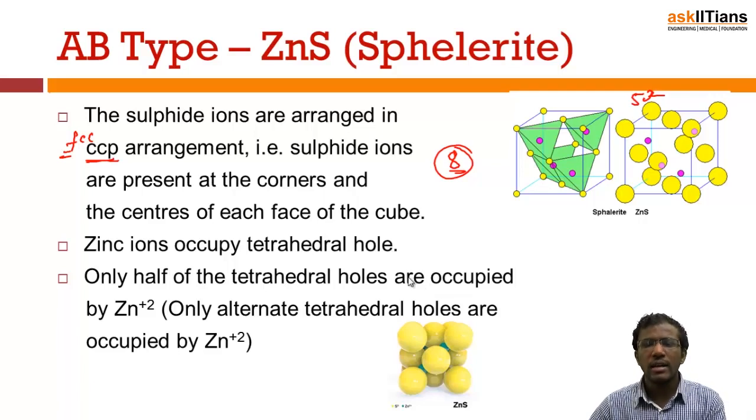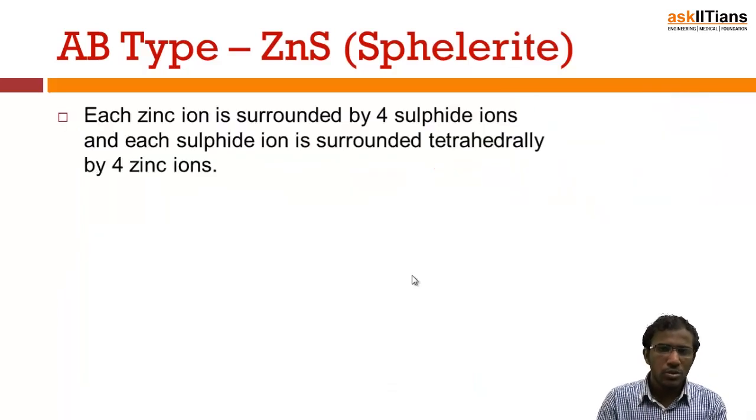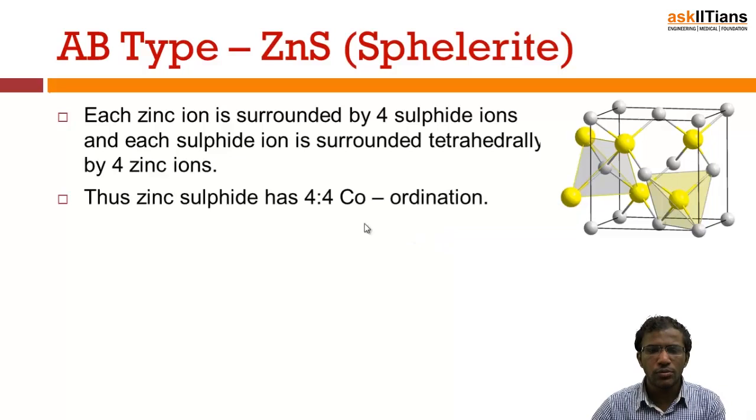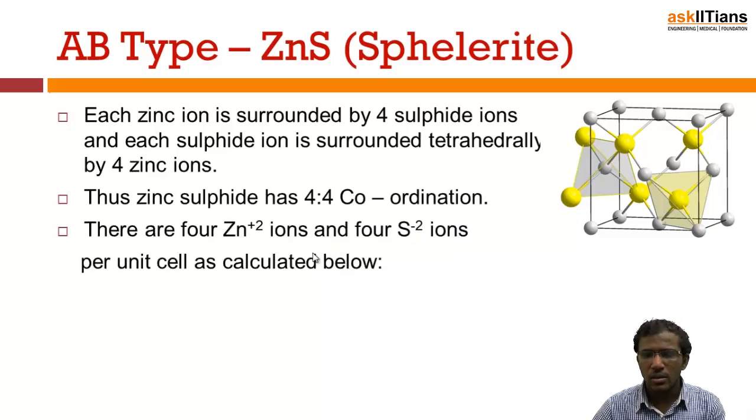the zinc ions. So let's calculate the coordination number. Let's do the coordination number as well as the number of zinc and sulfide ions per unit cell. So these are the things which you need to calculate and remember for each structure, the coordination number as well as the number of formula units per unit cell. Now the yellow one is actually sulfide, which is bigger in size, right? So each sulfide ion is tetrahedrally surrounded by 4 zinc ions, right? And each zinc ion, say this is the zinc ion, is also surrounded by 4 sulfide ions. So it is a 4:4 coordination,